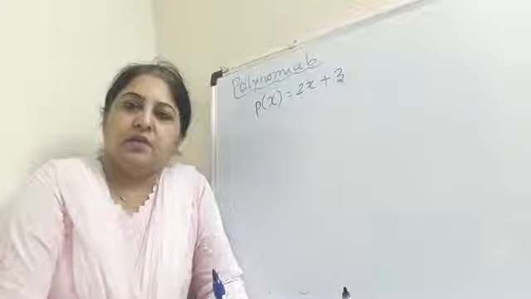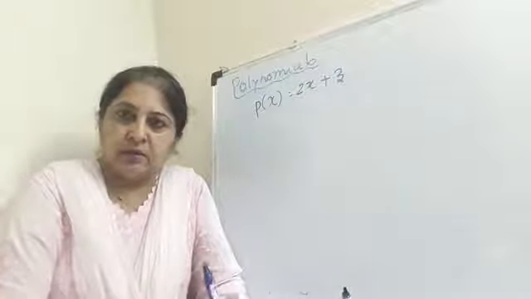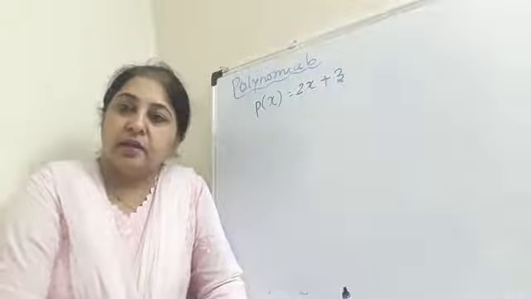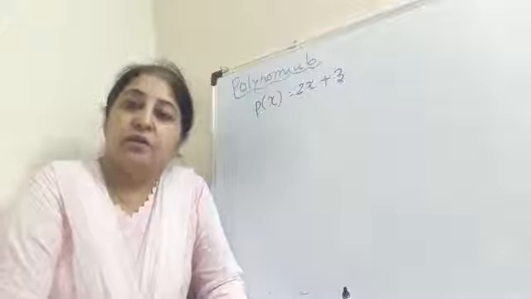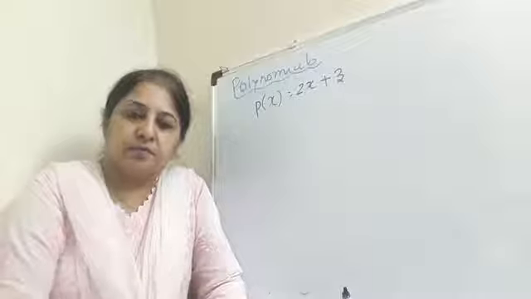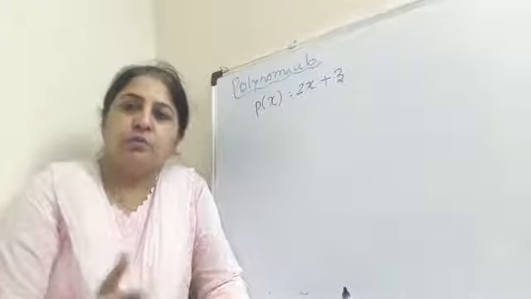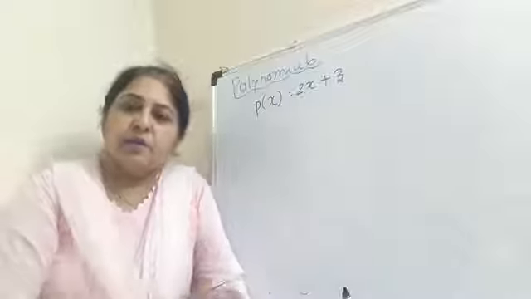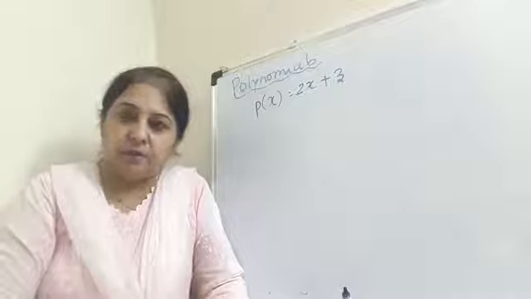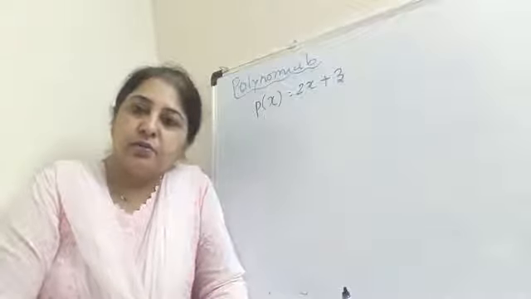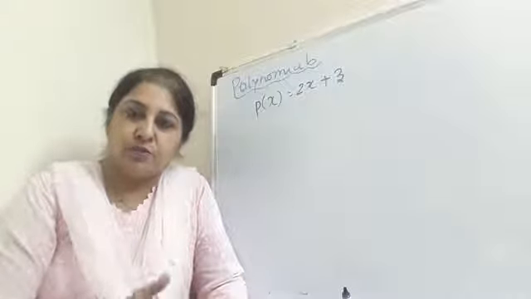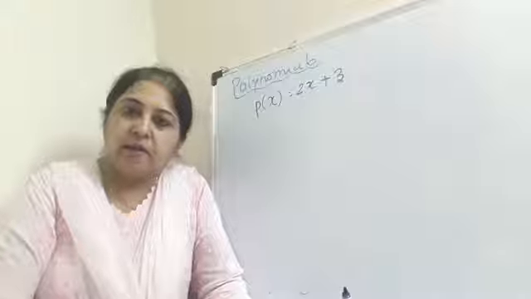You know that we started with the chapter 2 days back, and we have done what is a polynomial, what are the different kinds of polynomials. We have done what is the degree of the polynomial, what is the coefficient of the given term. Then we have done monomial, binomial, and so on. Yesterday I explained to you what is the zero of the polynomial and how do we find the zero of the polynomial. Right? Now based on that I told you to complete exercise 2.1 and 2.2, and I also discussed some questions with you yesterday.